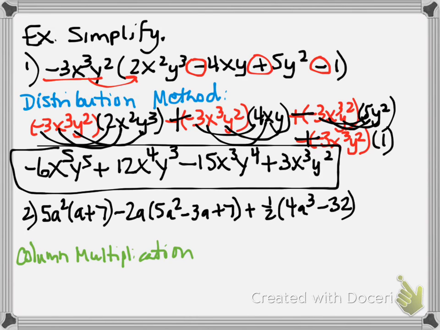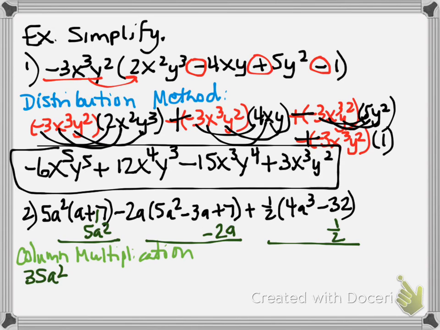Okay, and what I would do for column multiplication is I would take the monomial and I would write it underneath. And now I'm going to multiply. Basically, it's another way of showing distribution. It's just another way. Okay, so here I'm going to put a negative 2a, and here I'm going to write a 1/2. So when I have 5a squared times 7, that gives me 35